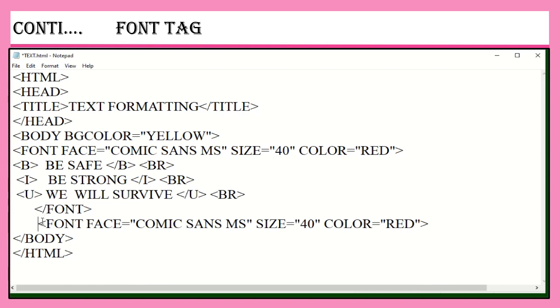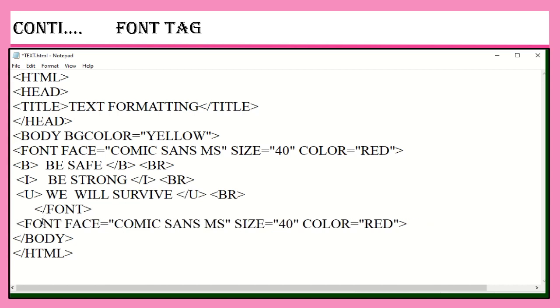Now I am going to give a different font face. I am going to give Arial, and the size also I am going to change. I am going to give 60.